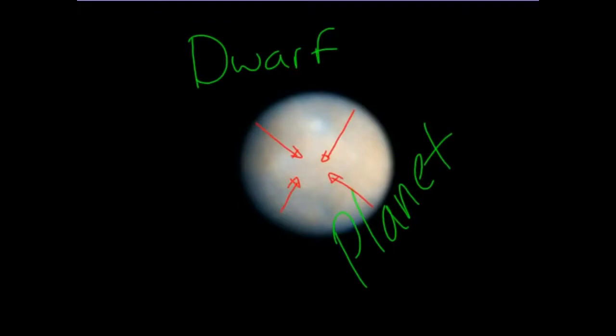This is the dwarf planet Ceres. Why so serious, Ceres? Because I'm not a planet. So the dwarf planet Ceres exists in our asteroid belt. The dwarf planet Ceres is pretty cool because it contains 1/3 of all of the mass for the entire asteroid belt, yet Ceres is much smaller than our moon.